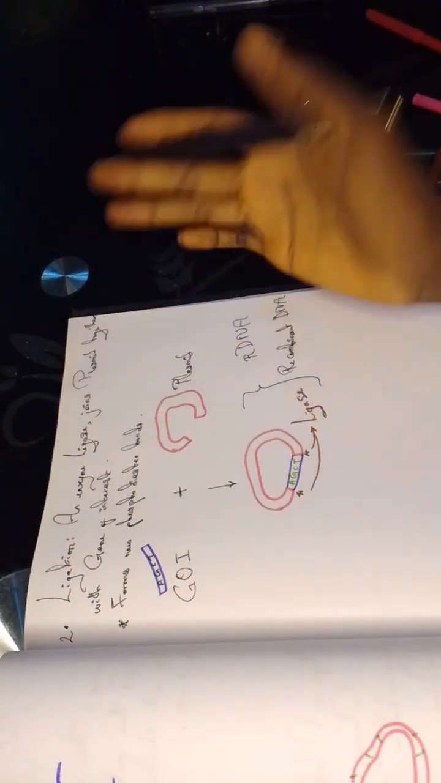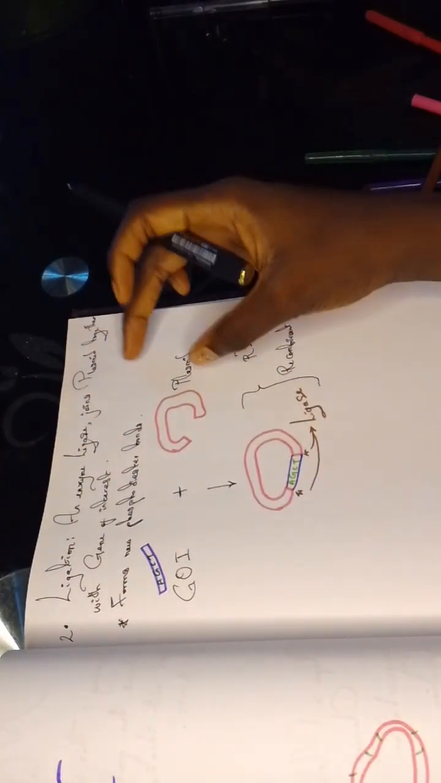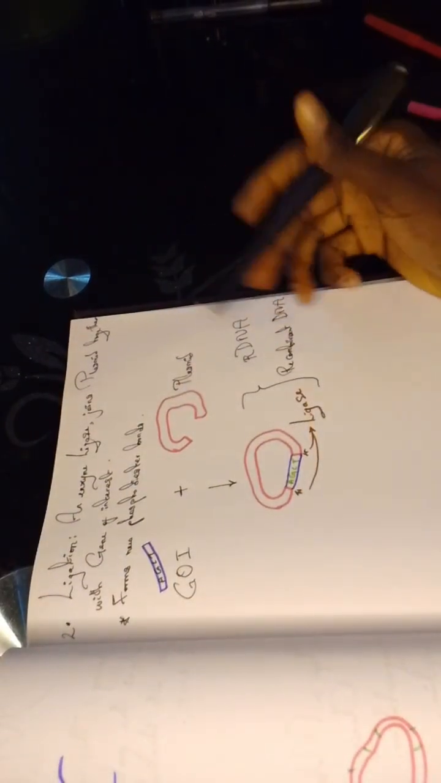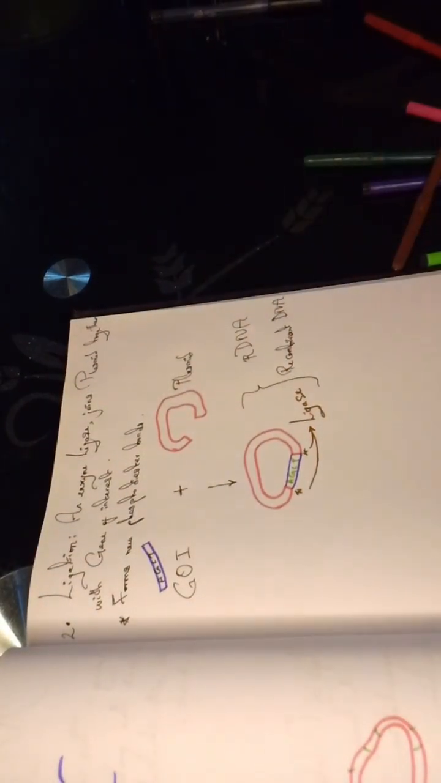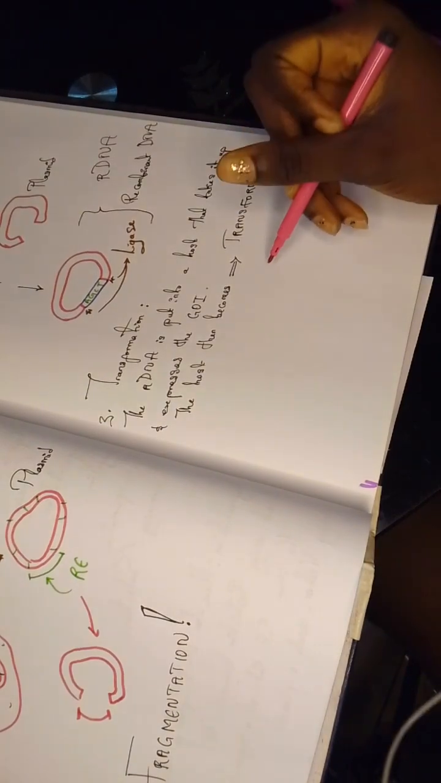And this brings us to the end of ligation. So ligation just means the enzyme ligase joins the plasmid plus gene of interest to form the recombinant DNA. So that's basically the end of ligation. So the next step is the third one, which is